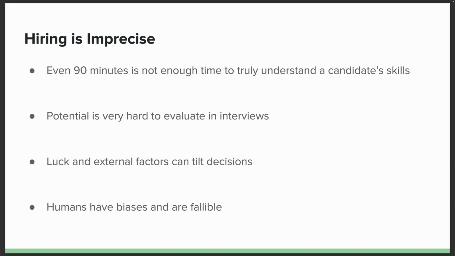Third point is that luck and external factors can tilt decisions, which is just to say that you might do the interview very well, things might go swimmingly, you might be able to answer all the questions in a very efficient manner, but then the boss wants to hire his best friend's nephew or whatever, literal nepotism. And if that's the case, right, that tilts the decision. You can also end up with situations of just the luck of who your interviewers are, that you might have been able to pass with 9 out of 10 combinations of who the interviewers are. You don't know.